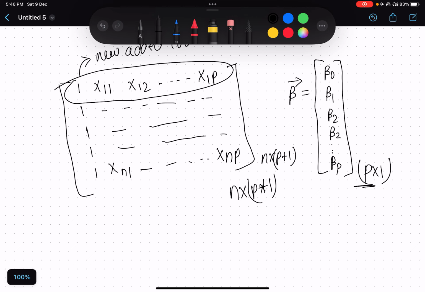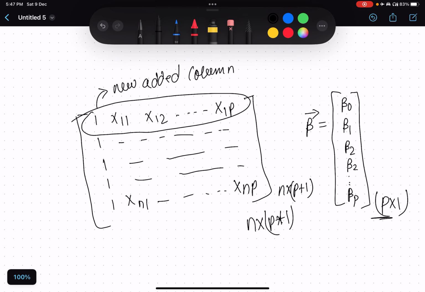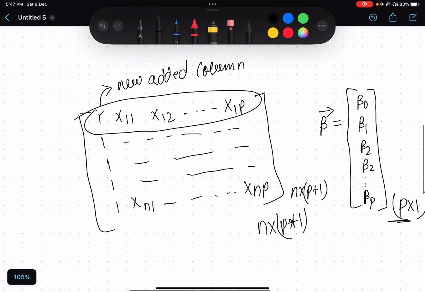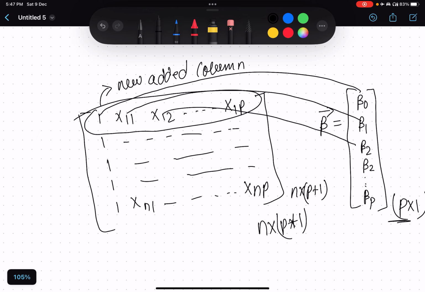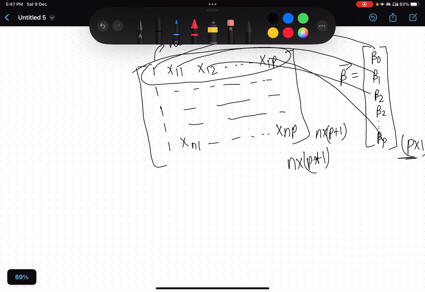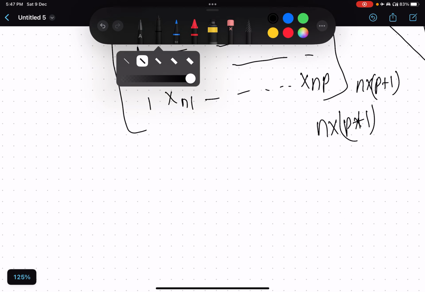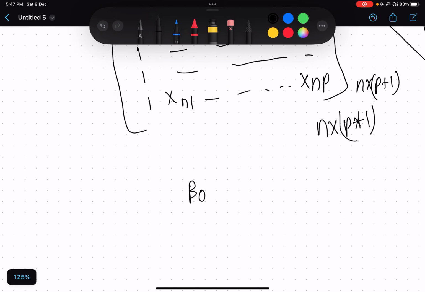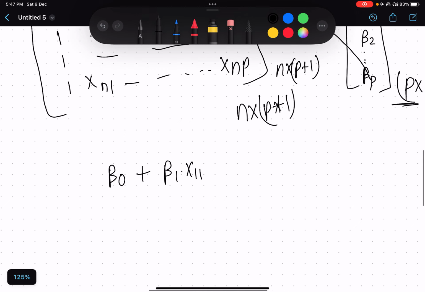So this case satisfies here, so we can multiply with this. How can we multiply this with that? We will multiply this one with beta 0, and then we'll do it with this, and this, all the way to p. And what will you do? Beta 0 plus beta 1 into x11, and this will continue